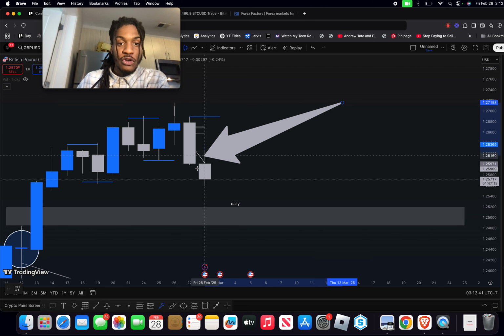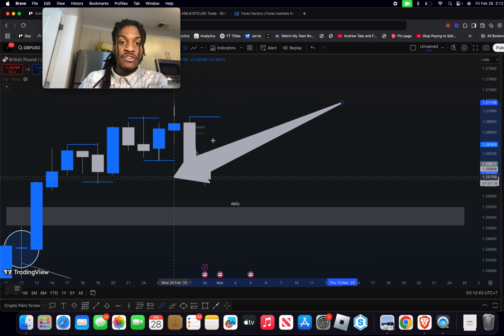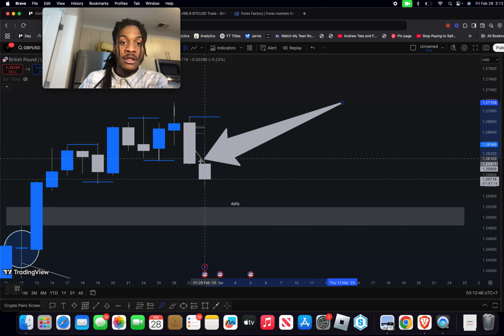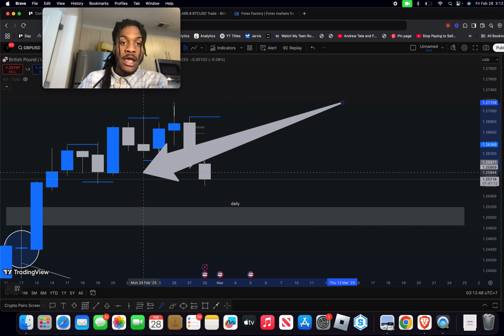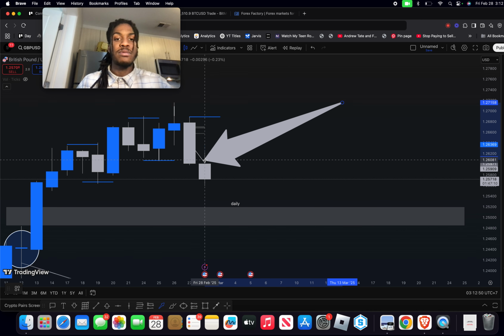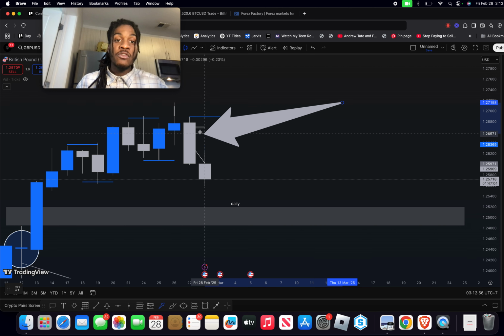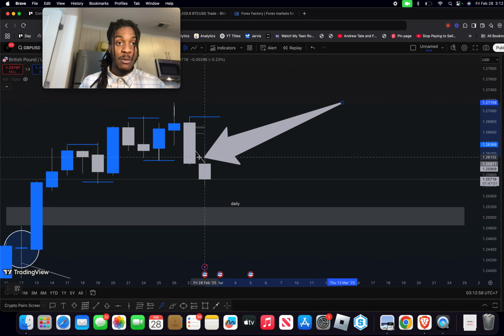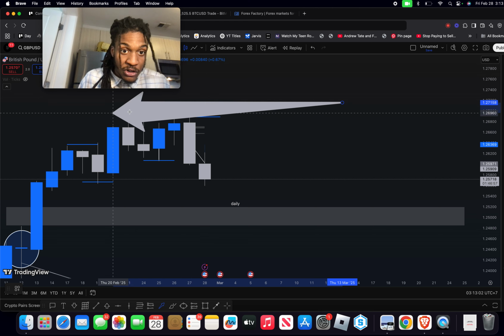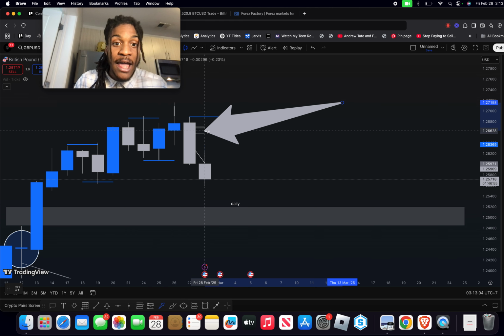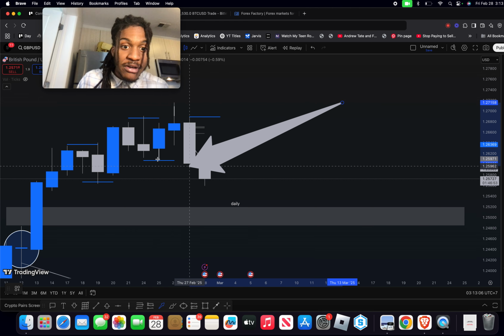So now we have the gray candles breaking this previous trend. If you're an ICT trader, you might have heard the term change of character. As you can see, it's clearly called that because the character of this trend is changing. We were bullish, and now on the daily chart we literally have a big candle breaking a previous low,